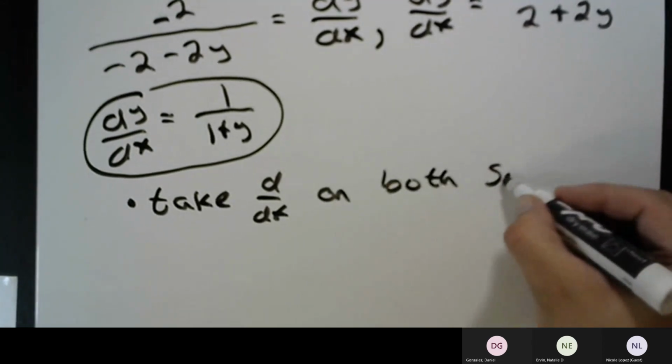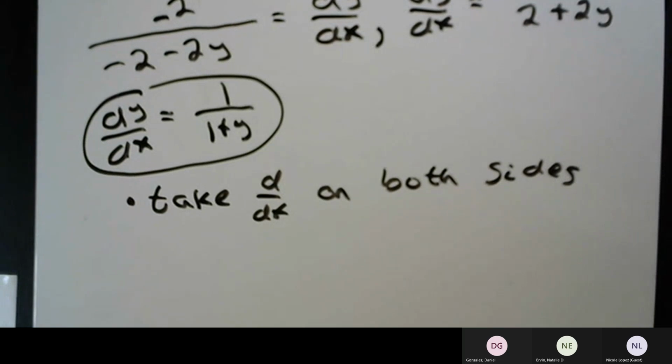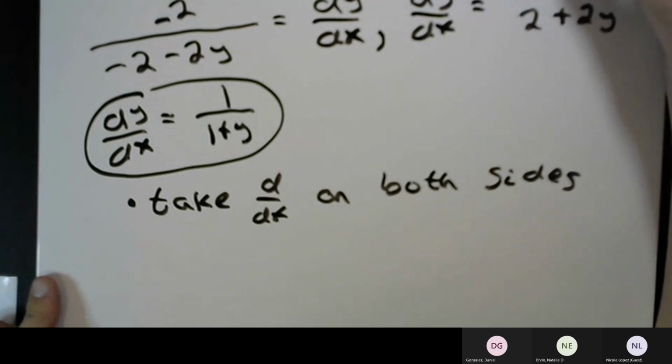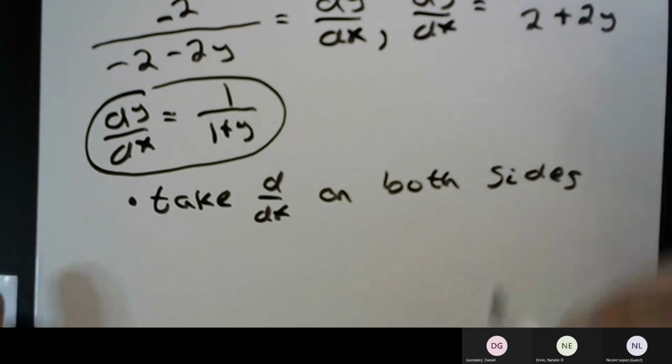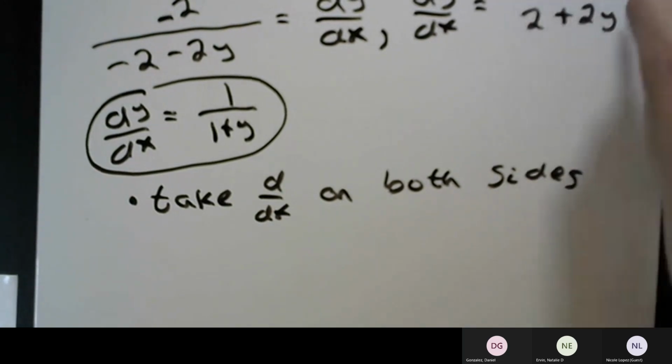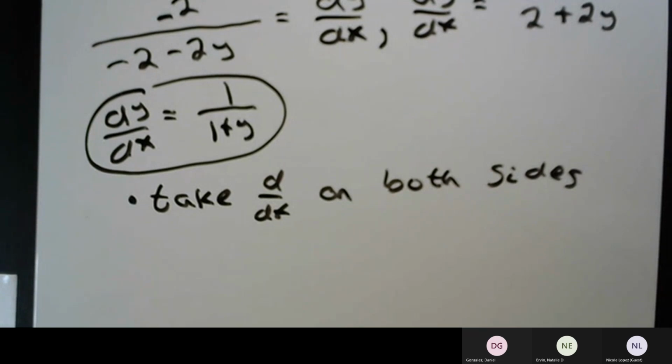Now, a thing that we want to do, I'm going to write it off to the side here, but we don't want to forget what dy/dx is. We're going to want to hang on to that. I've got it written up in the top here. I'll put a little box around it. You'll see it when we bring the board back down. So if we take the derivative on both sides,